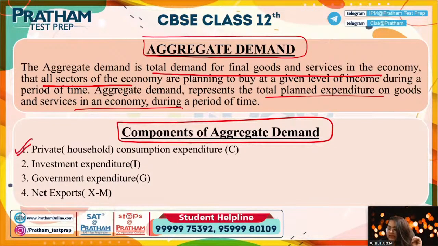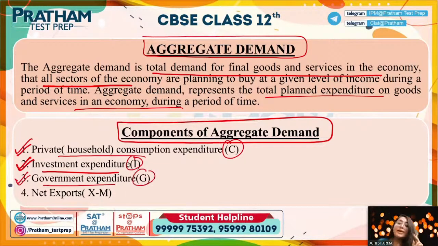Number one, it has the private household consumption expenditure, which is represented by C, right? The second component is the investment expenditure, which is represented by I. The third component is the government expenditure, represented by G. And the fourth component is net exports, which is represented by X minus M, which is actually